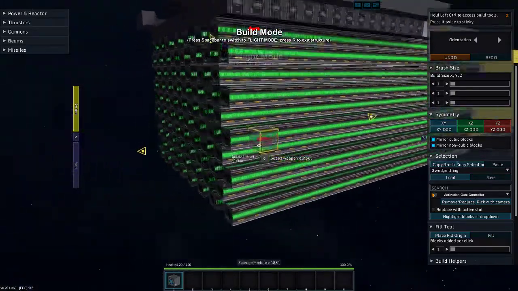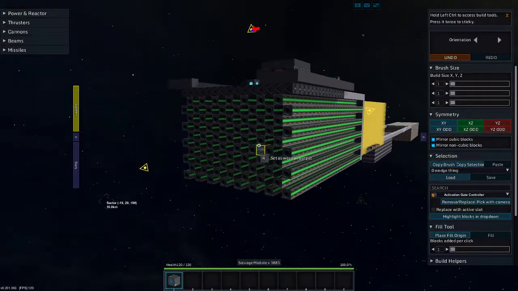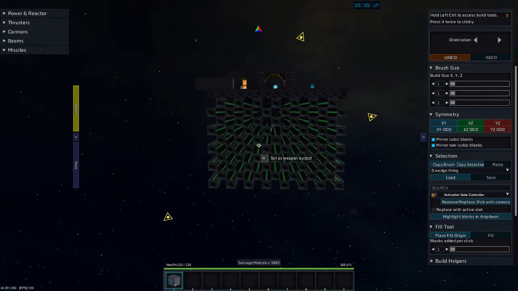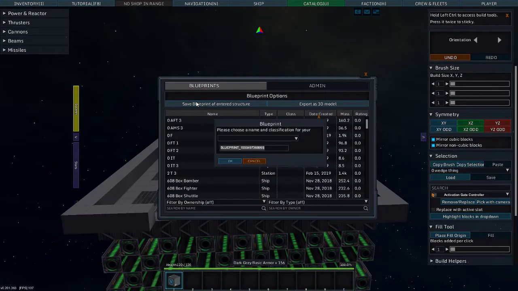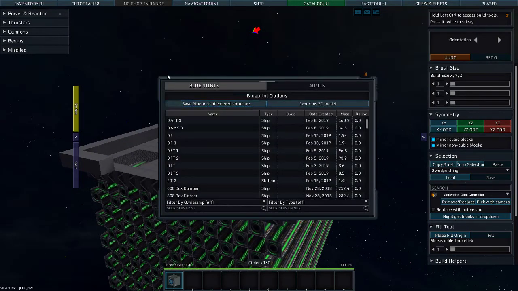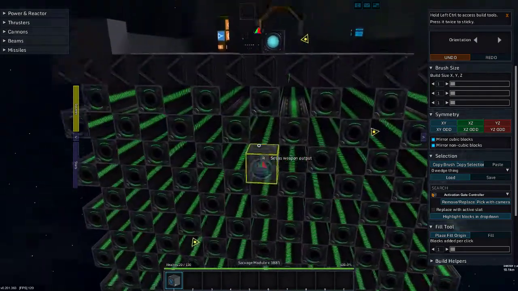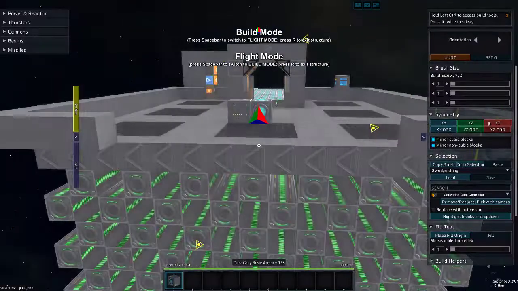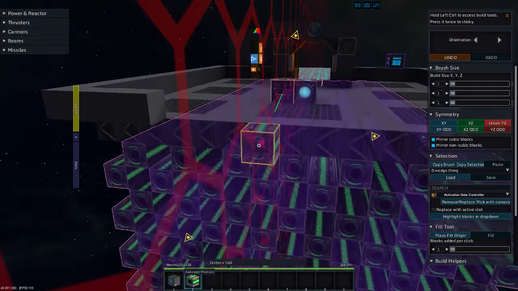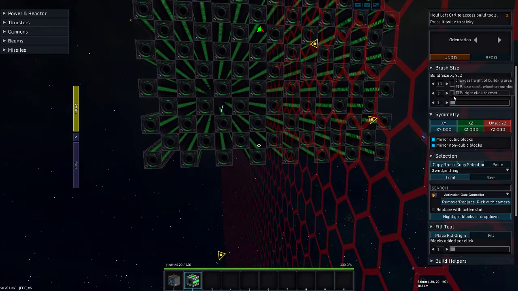I'm almost tempted to rip off half of this array and put it on the sides. Actually, tell you what, let's save a blueprint as a 0FS1. Factory ship 1. Alright, so let's break. And I would like to select you and you, except I don't really want to select you. And let's go, I don't know, that wide and